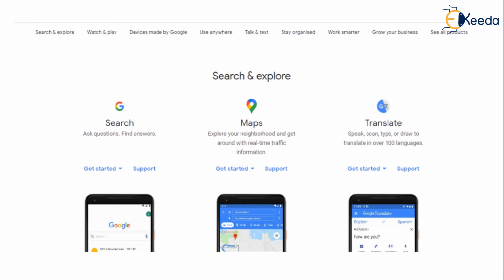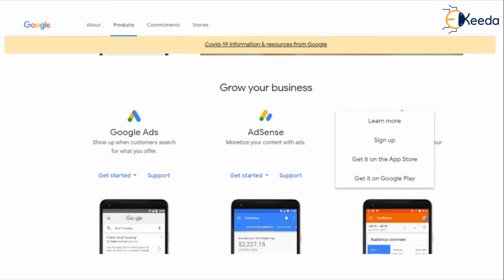Then you can also see that for their calls to action, it can have a little bit of more detail for one product compared to another. For instance, their grow your business products, which are their business offerings and are usually paid products like Google Ads, AdSense, and Google Analytics. The design is very similar to what we saw in the previous slide, but for the